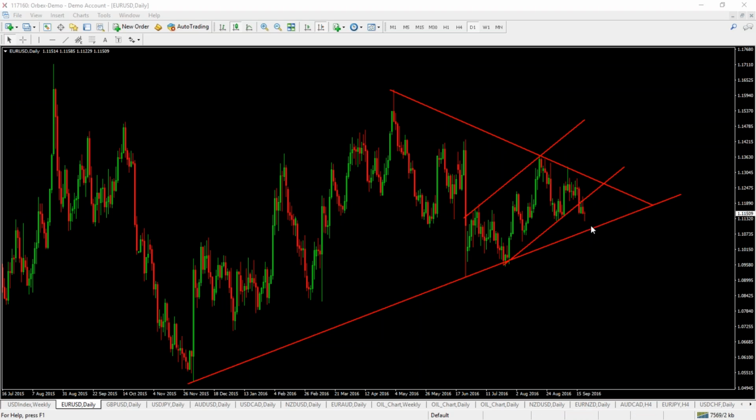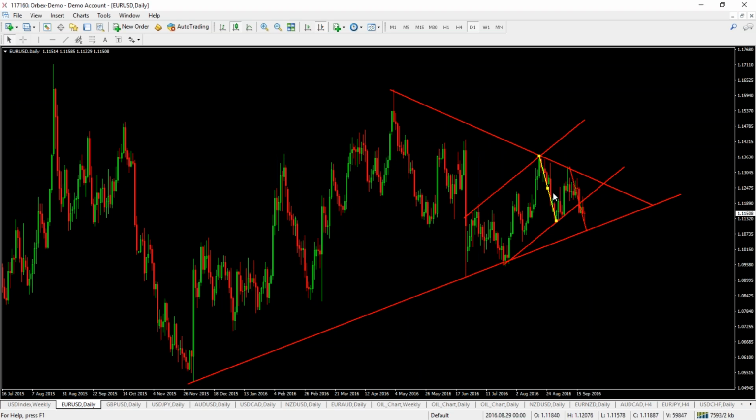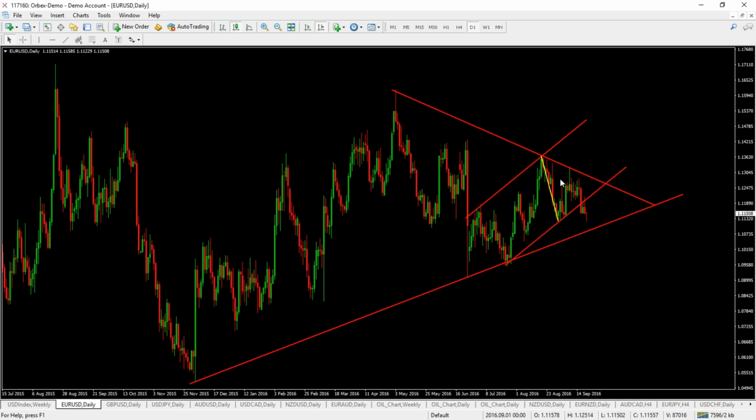So looking at the downside then, the first area of support which is likely to be a key zone for the euro dollar is this rising bullish trend line from the November 2015 lows. If we get that dollar topside break and the euro trades lower, you can see we also have some symmetry confluence there. Let me just quickly change the color of this line so you can see it more clearly. Okay, you can see we have this corrective ABCD pattern completing into this bullish trend line support. So this would be a good interim level to look for the euro dollar to move to the downside.